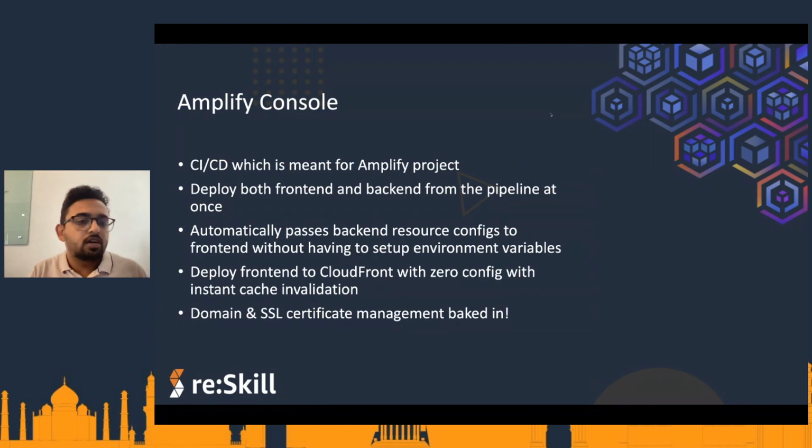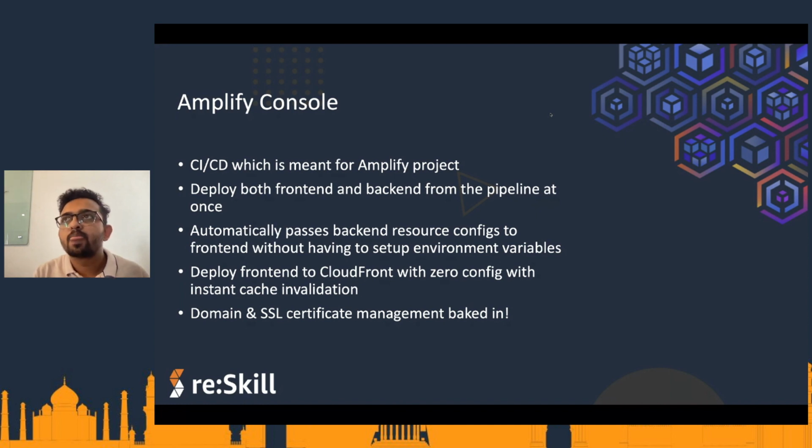So the next thing in the Amplify ecosystem is Amplify Console. Like I mentioned earlier, you can access Amplify Console in the AWS Console. You can search for Amplify and go to Amplify Console. In Amplify Console, you will be able to deploy your Amplify applications. So what is an Amplify application?